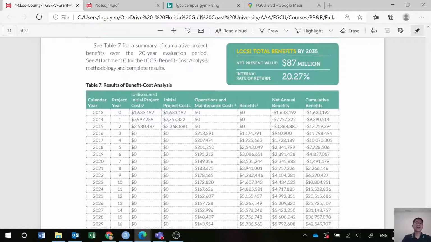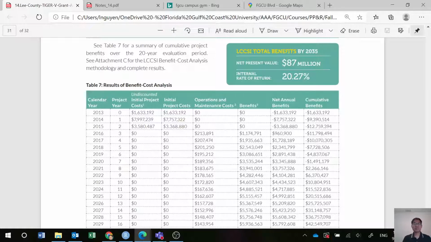By 2035, the net present value, all the money including the operation and maintenance costs, initial cost, and then the benefit, at time zero, which they calculate as 2013, is $87 million. So when NPV is positive, we say that the project is financially